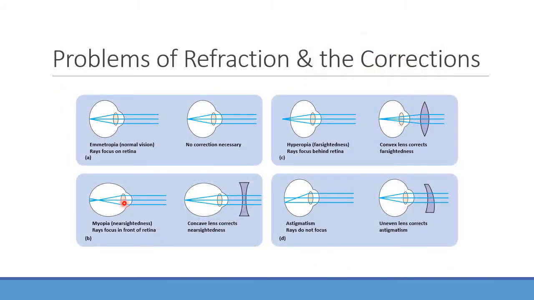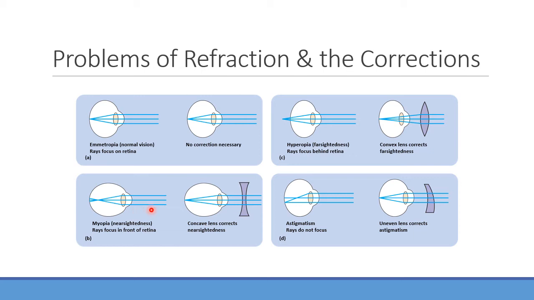So here's a good picture showing you the different eyesight abnormalities. If you had emmetropia, or normal vision, everything should be focusing right there in the back of the retina. This would be a normal length eyeball. If we had hyperopia, farsightedness, we can see things far away, but not things up close, and that's usually because we have a short eyeball, so the focal point is behind the retina, and we're going to need something like a convex lens to bring that onto the back of the retina. If we have myopia, nearsightedness, we can see things up close but not far away. Usually this is an elongated eye, and this is where we need something concave in order to send that light further back and focus it back on the retina there.